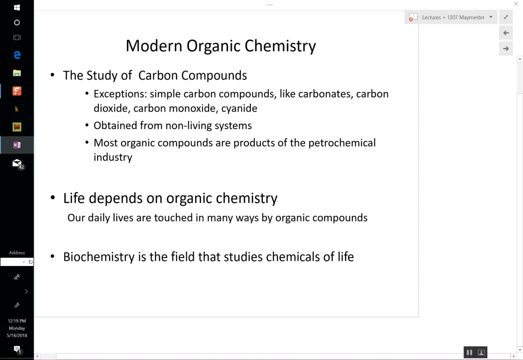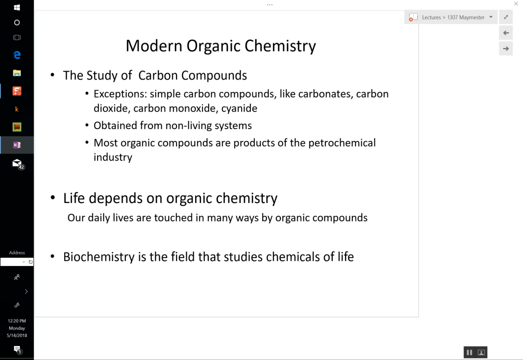The study of carbon compounds, like I said, the exceptions are simple things like carbonates, carbon dioxide, carbon monoxide, cyanide, which are some of the inorganic carbon-based compounds. But everything else is pretty much considered organic. You're going to do a week and a half of this, carbon-based kind of synthetic chemicals, and we're going to look at